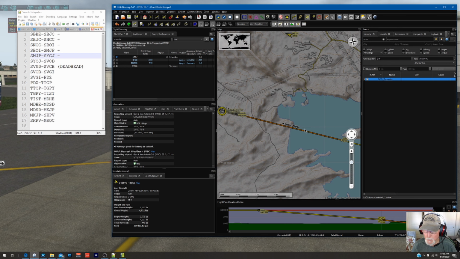So it's something that I've got to check, kind of like the NOTAMs. You take a look at your flight plan, and just because it's designed doesn't mean that you don't have obstacles. Sometimes I've had to manually route around hills and mountains and obstacles in order to get a correct approach